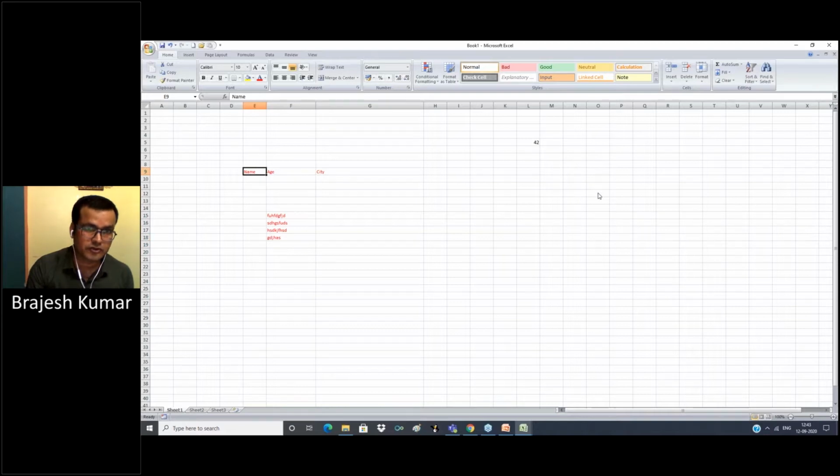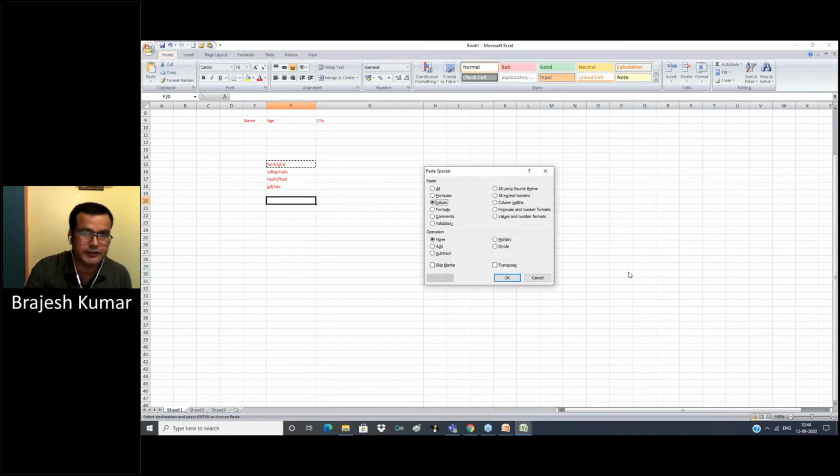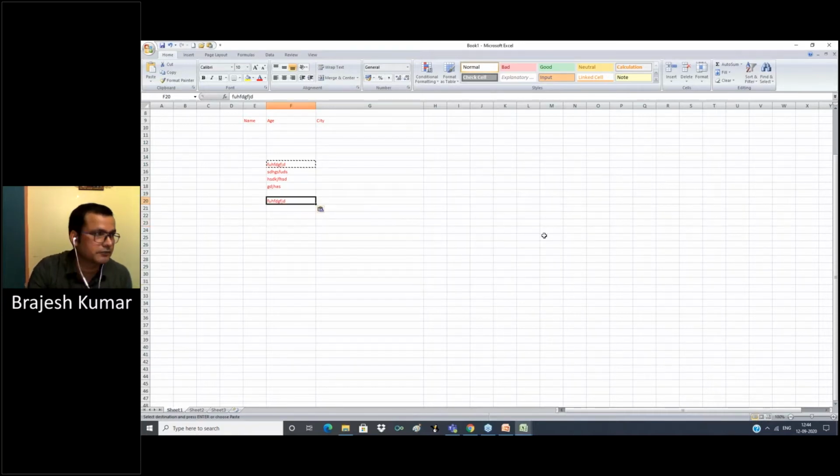So these are some shortcut keys which we can use in our daily work. Control C, Control V, and paste special. We should use paste special to paste from the internet or other sources into our Excel, so that our file will not be heavy and can easily be worked on. For paste special, press Control Alt V, select Values, OK.